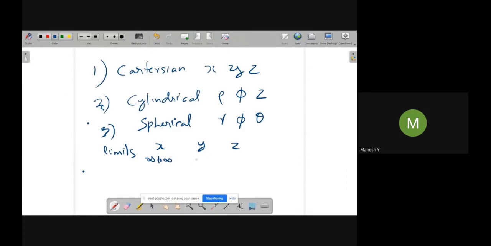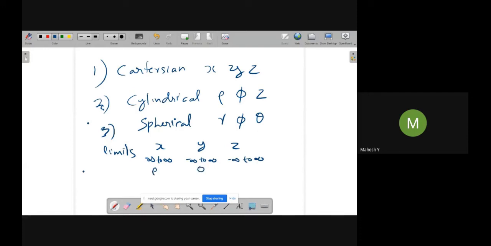So what are the minimum and maximum values for y? For y, same. Yeah, very good. Minus infinity to plus infinity. Then for z, it is also the same. Below you can go up to minus infinity, and to the top you can go up to plus infinity. So minus infinity to infinity, for all the values of x, y, z. Okay, now we can go for the next one.